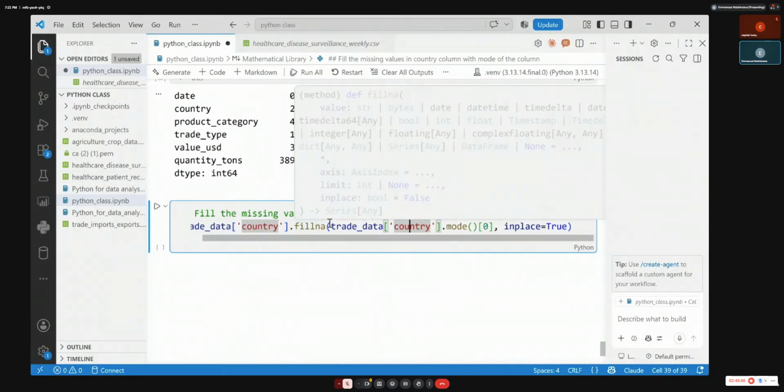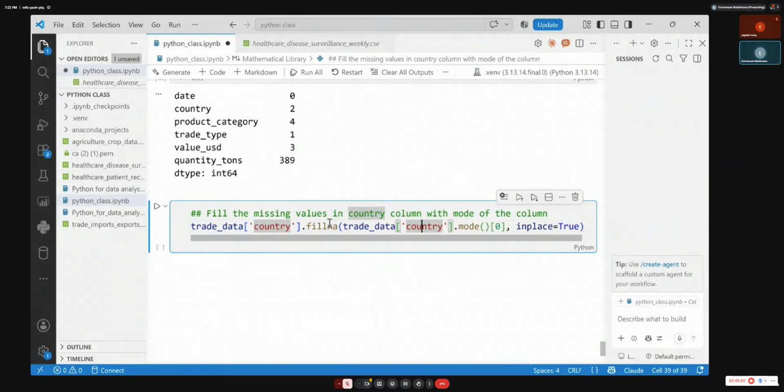Yeah, I will be able to see. That's the code. So now everything that was missing in the country column has disappeared, replaced by the mode. Now my data is okay. If someone asks me any question, I don't have to worry.